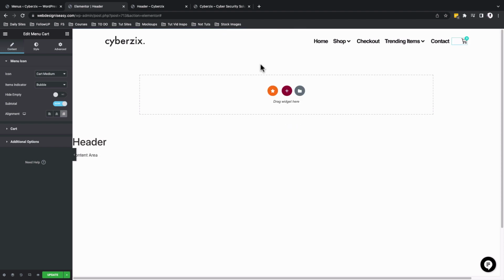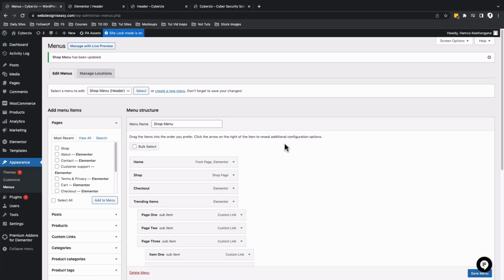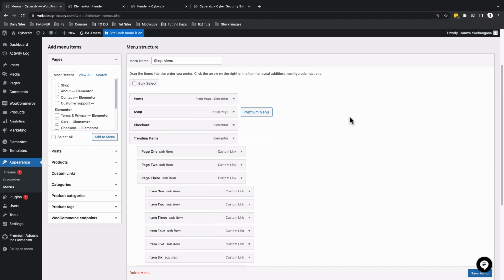Now we are going to get started adding a mega menu to our header. In this case, I'm going to update. That is simply to save the changes, and we are going to move back to our WordPress menu. Now this is where the magic happens once you have the premium mega menu feature enabled. You see now when I hover over any of the items here, it presents me an option to say premium menu,